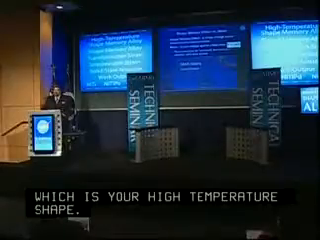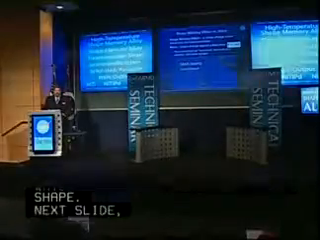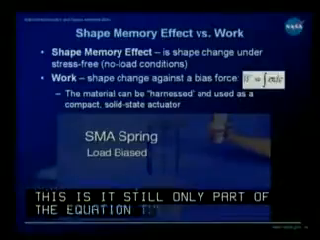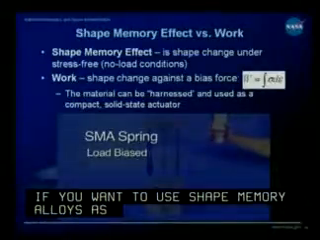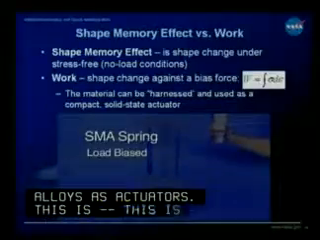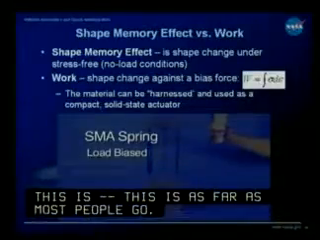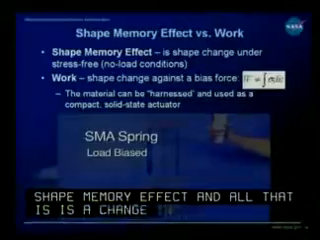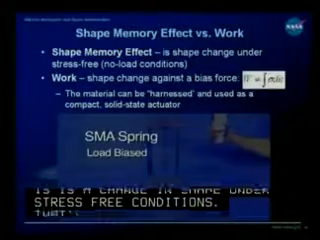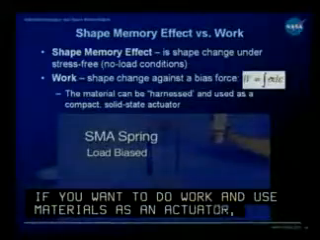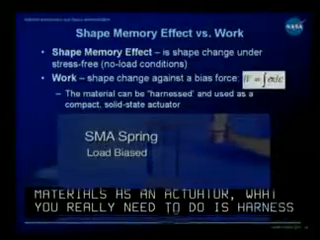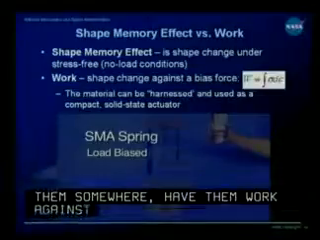This is still only part of the equation of what we're talking about if you want to use shape memory alloys as actuators. Unfortunately, this is about as far as most people go. They measure shape memory effect, and all that is a change in shape under stress-free conditions, but that's not going to do work for you. If you want to do work and use these materials as an actuator, what you really need to do is harness them some way or have them work against some type of a load